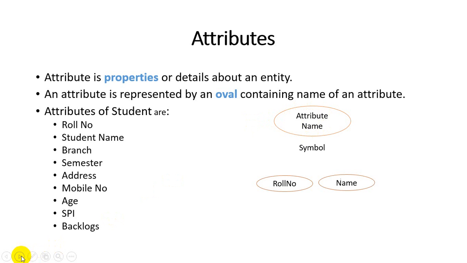In the example below, I mention two different attributes of a student entity, roll number and name. So how can we represent an entity with attributes? First, we mention the different attributes, roll number and name, which are connected through a simple link to the student entity, because we know that a rectangle represents the entity and an oval represents the attributes. So whenever we represent the attributes as well as the entity, we need to show this kind of example.